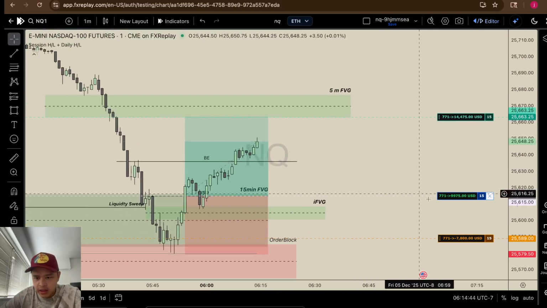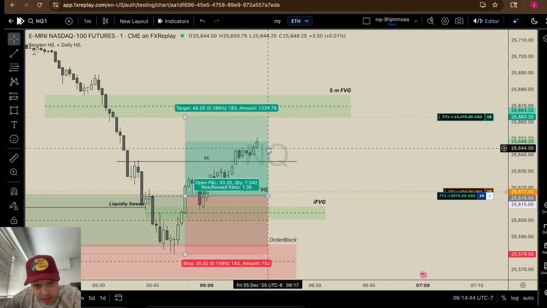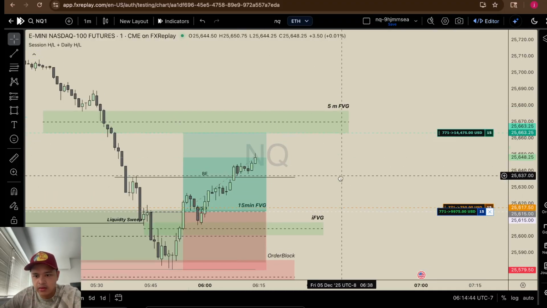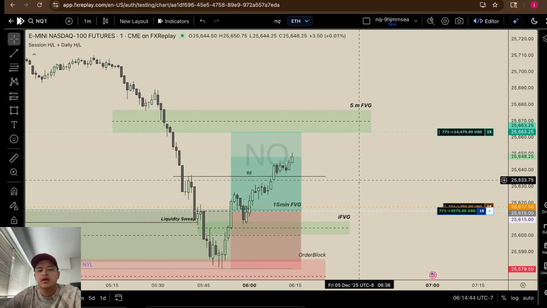What do I mean by break even? Meaning you move your stop here, so even if price goes down, you have a little win, right? Or you can close here too. Doesn't matter. You can close here. But I like to